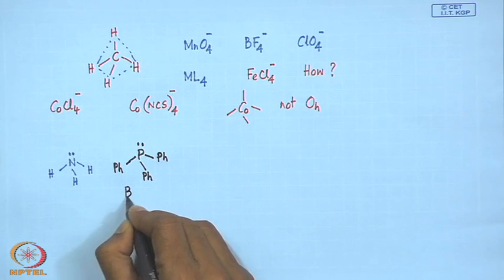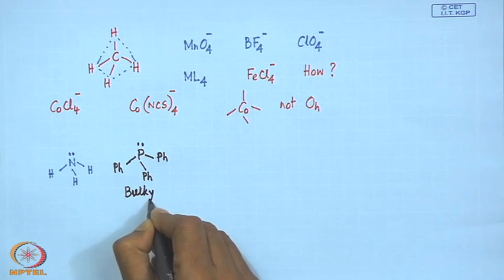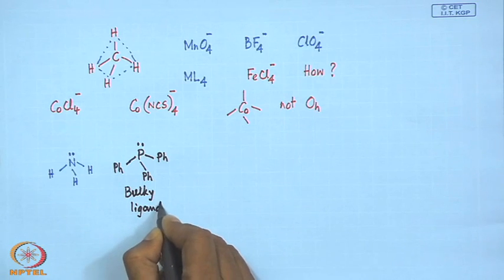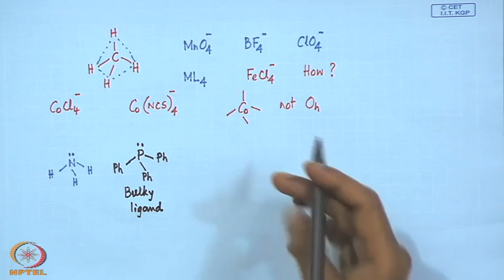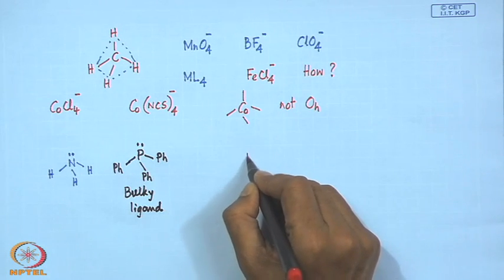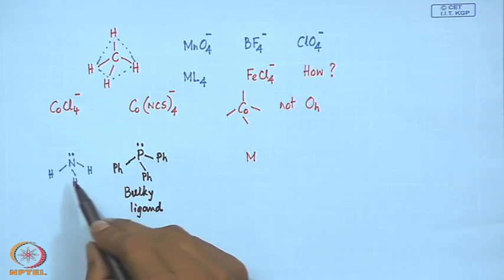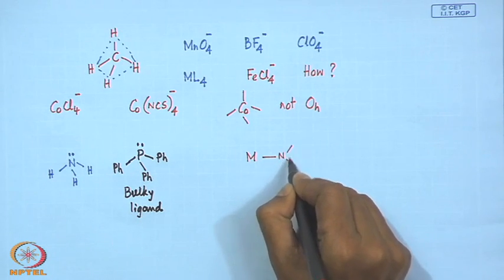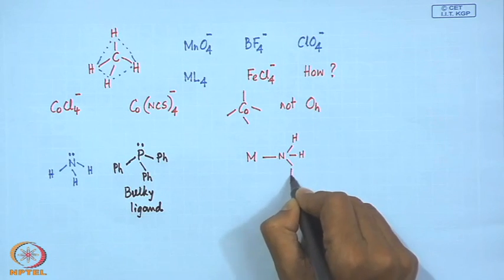So, it is a very bulky ligand, and this bulky ligand is very much useful when it is binding to the metal center, and this we can know from this binding,